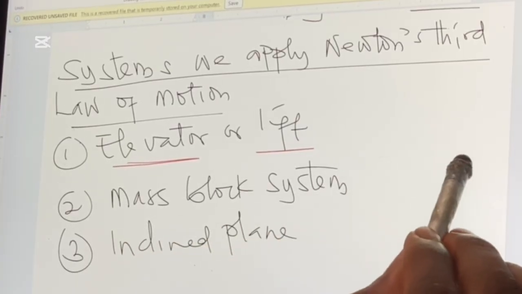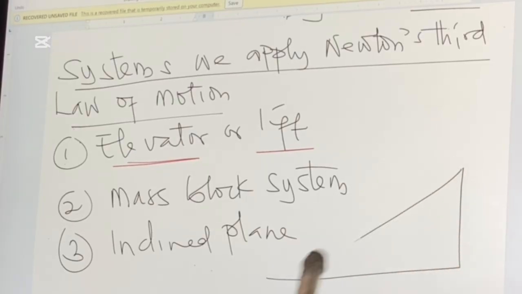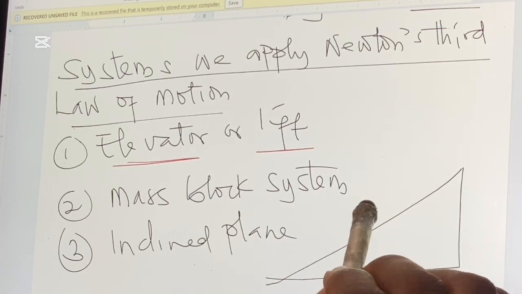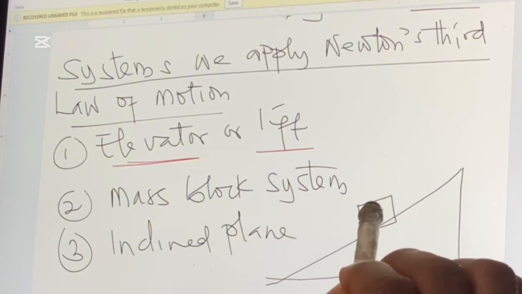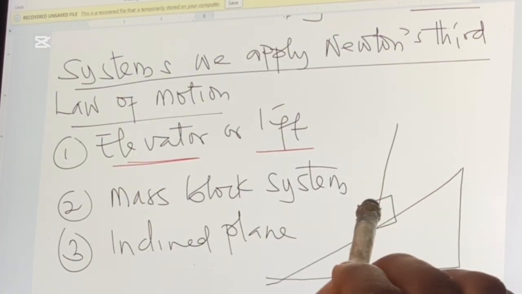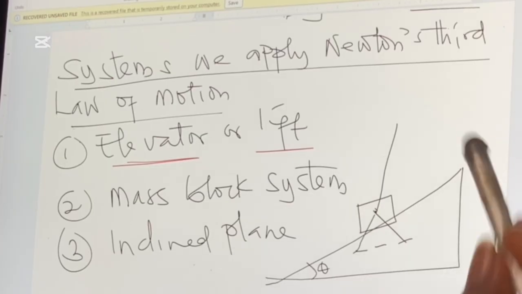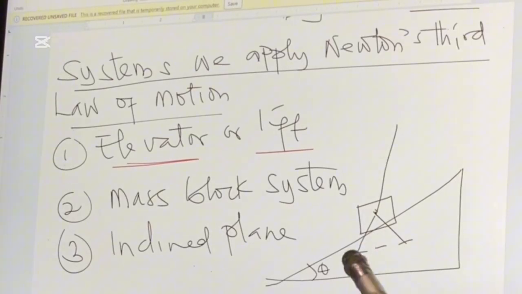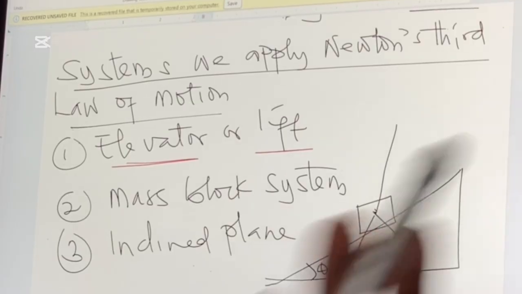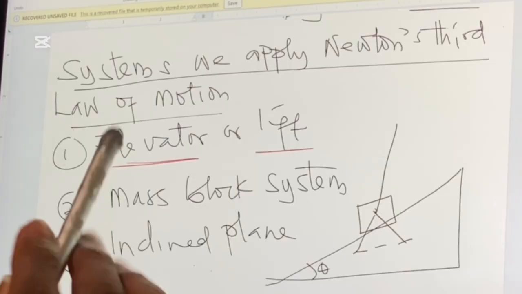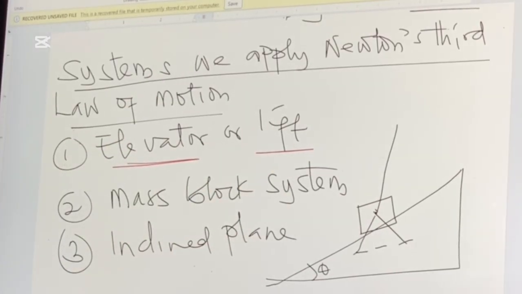When you have something that relates with this shape, something like this, whenever I have something that relates with this shape here, we use Newton's third law of motion. Okay, so all you have to do to get each of the questions on the systems that obey Newton's third law of motion